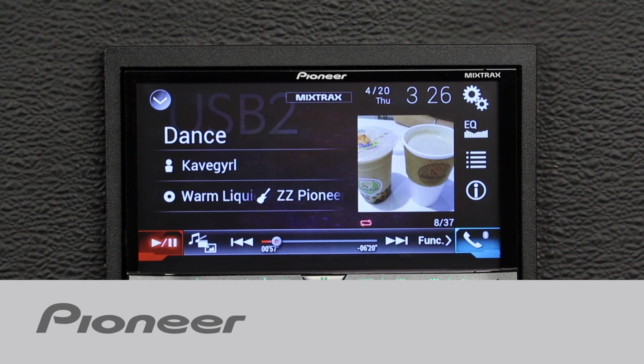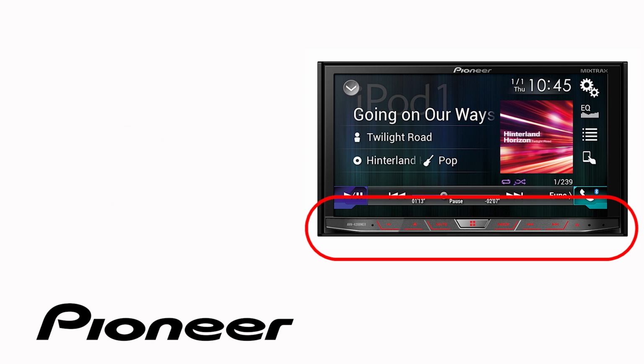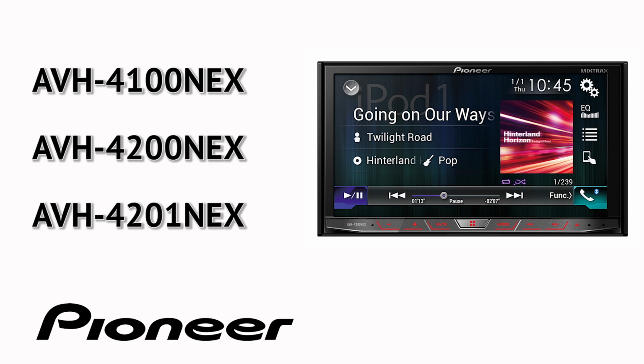Let's take a couple of moments and we'll check out the subwoofer settings on your Pioneer NEX head unit. Even though your particular receiver may have buttons on the side or across the bottom like this one, the on-screen operation in this demonstration is identical for the following Pioneer NEX models: AVH 4100 NEX, 4200 NEX, and 4201 NEX,